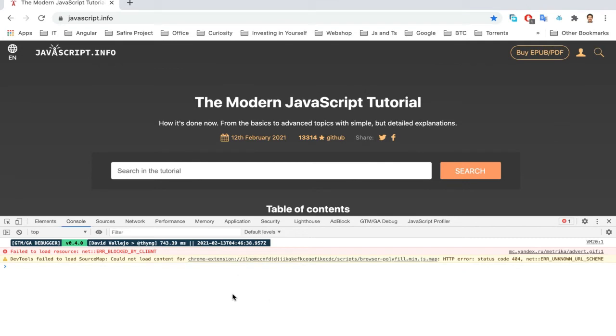Notice there's different tabs. This is all new to you. We will be working in the console tab, so I can type code right away and get the result, though it is an error for now. But see this flow. I just type something, I hit enter, and I get a result. This is different than typing our code in a file, saving the file, and then running the file.